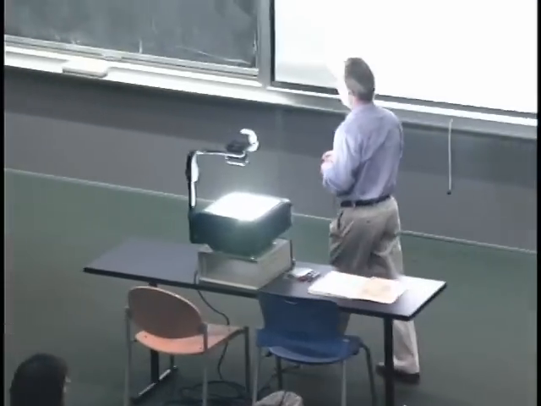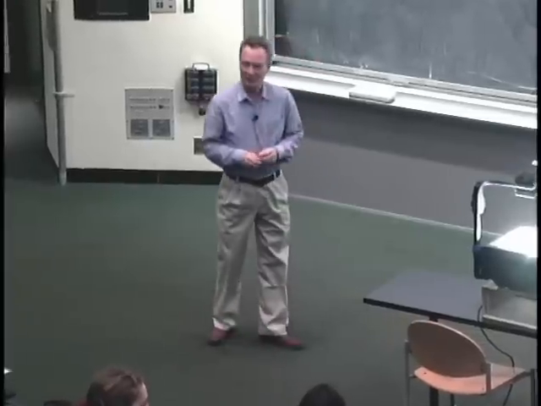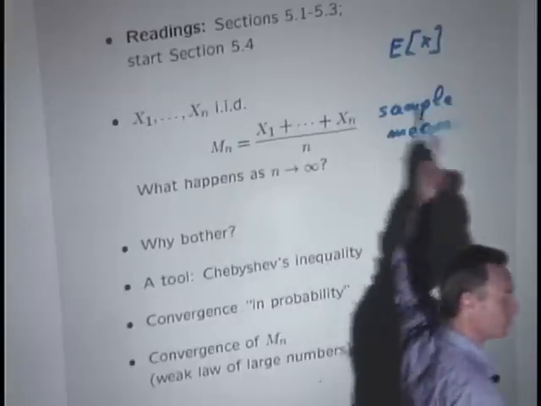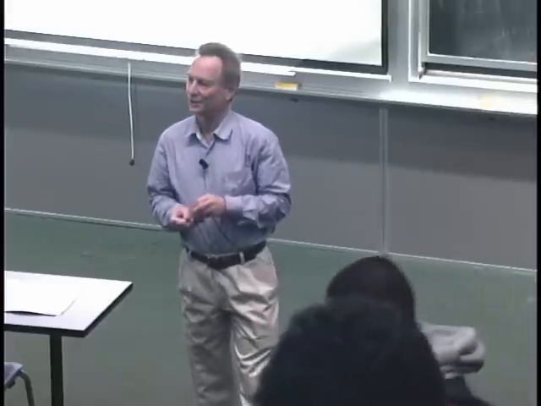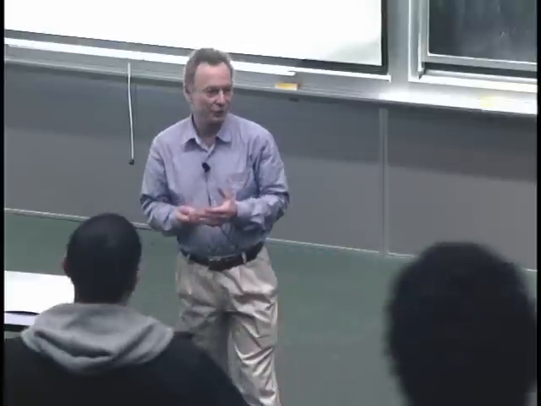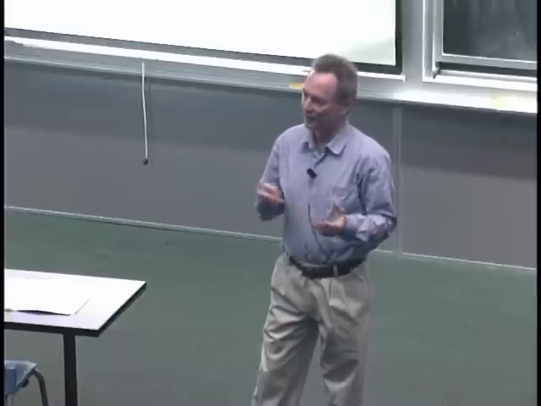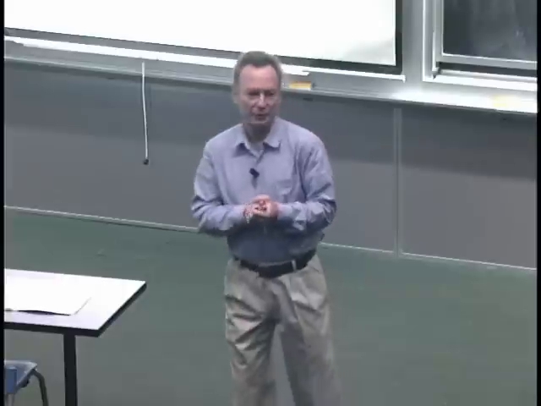So why do we bother about this? Well, if you're in the sampling business, it would be reassuring to know that this particular way of estimating the expected value actually gets you close to the true answer. There's also a higher level reason, which is a little more abstract and mathematical. Probability problems are easy to deal with if you have in your hands one or two random variables. You can write down their mass functions, joint density functions, and so on. You can calculate on paper or on a computer.